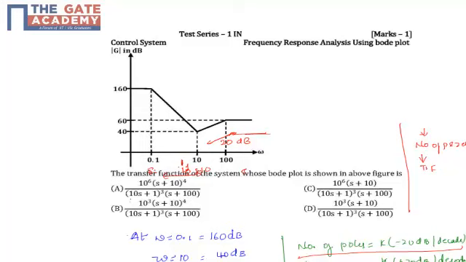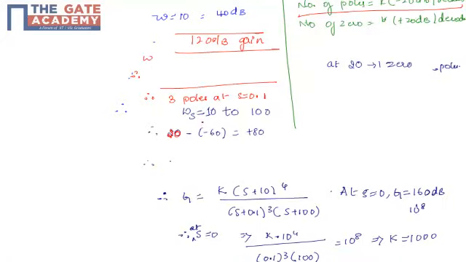So this change can be considered as 20 dB and again minus 60 dB. So there is a total of 80 dB. Therefore there are 4 zeros, since each 20 dB implies 1 zero. Therefore we obtain the transfer function as k into